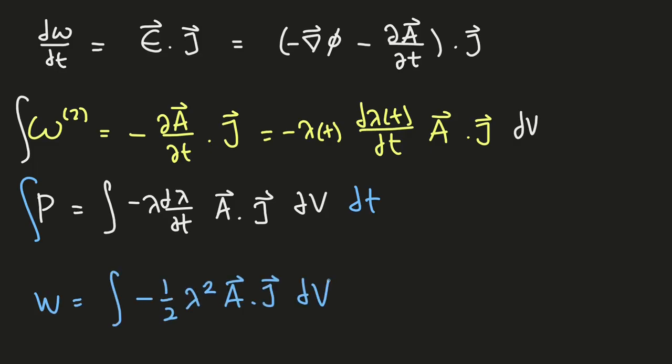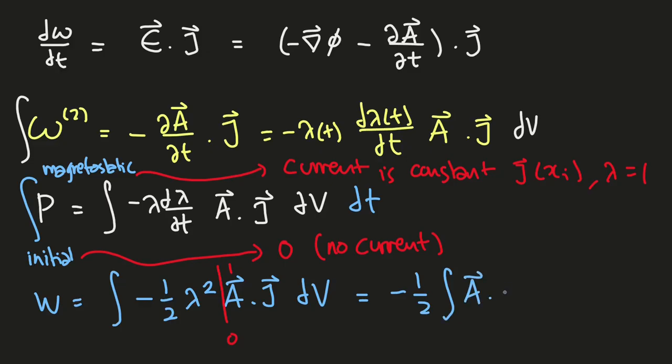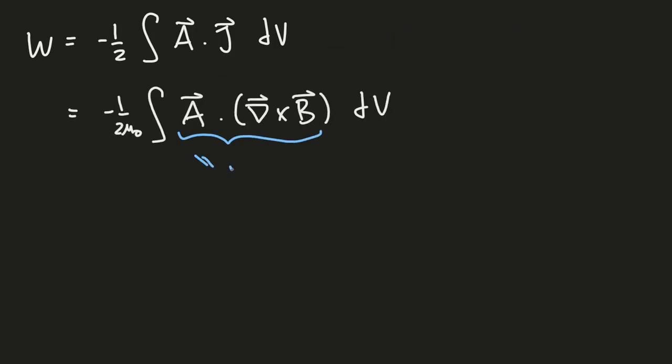And notice that here, for the interval of integration, the lower bound needs an initial condition, and the upper bound will relate to the magnetostatic condition. So for the initial we took the value as 0, which means no current, and for magnetostatic here, the current is constant as J vector field, where lambda is equal to 1. So the result of integration will have this interval, and the final result of W here will be this. After that, we use Ampere's law to determine J here, and next we use the product rule,